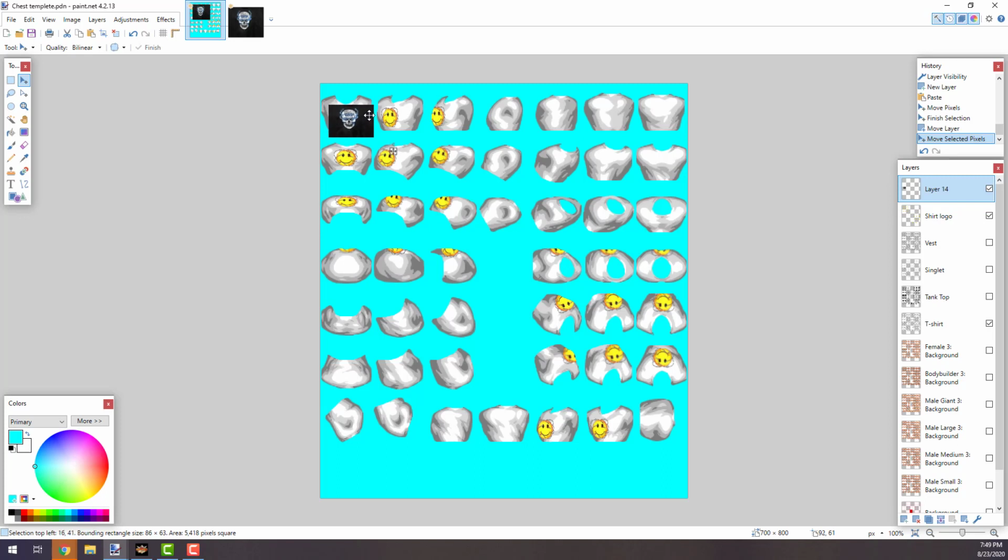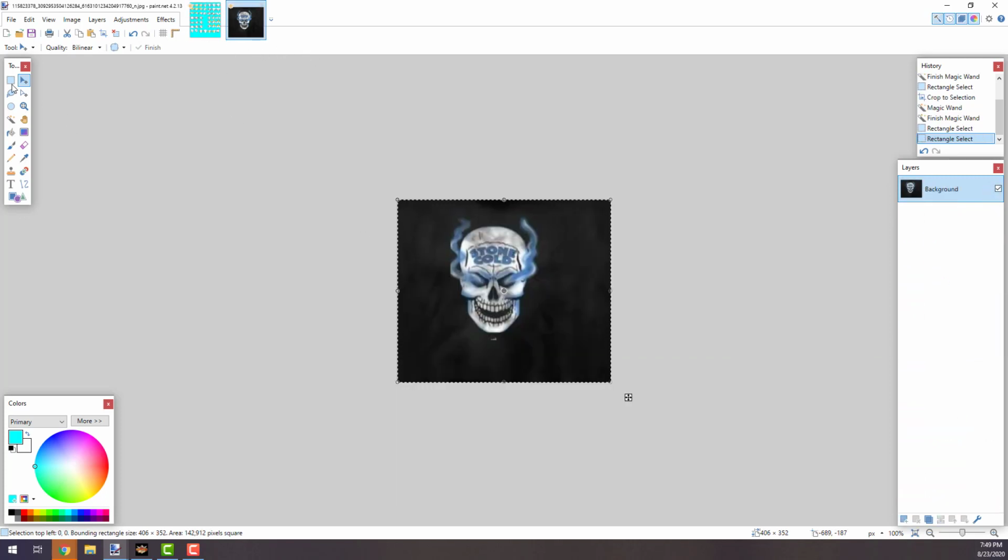So why not make it easy on ourselves? We're just going to delete this layer. We're going to go back in here and we're going to go ahead and clean it up. This part does take a bit of time depending on the quality of your image. Luckily, today we're going to be doing a black t-shirt, so it won't be very difficult at all for us to just come in here and clean up